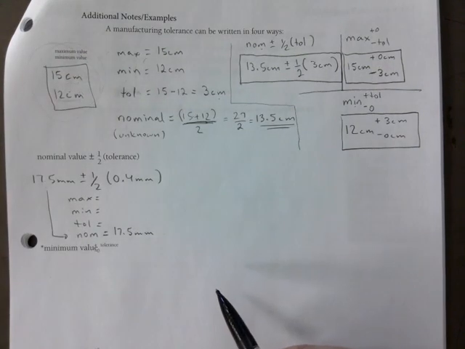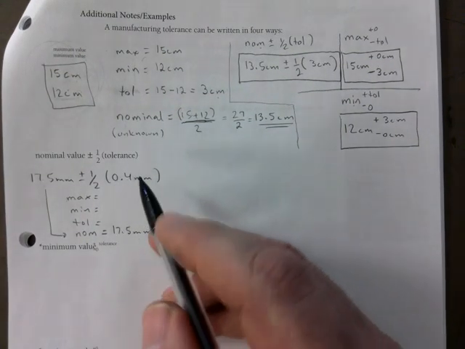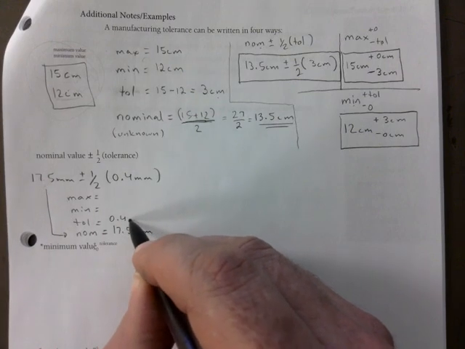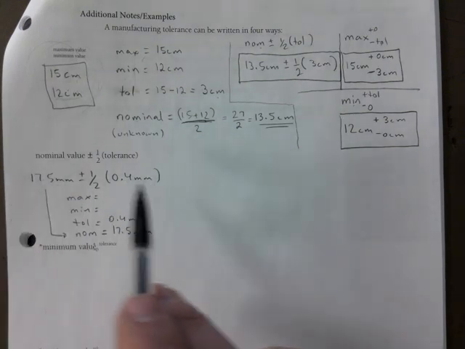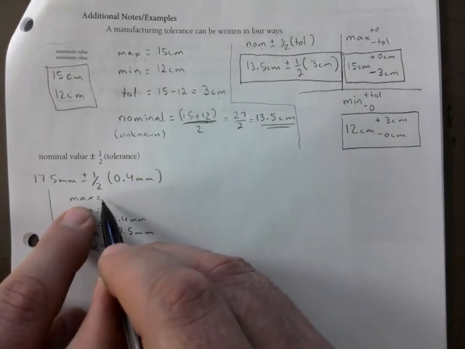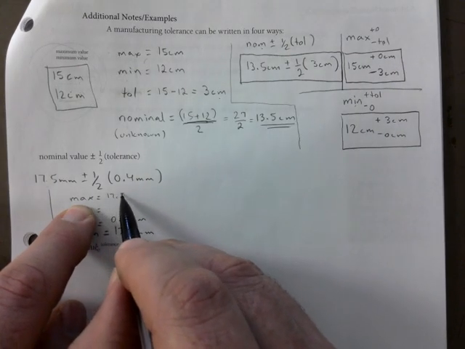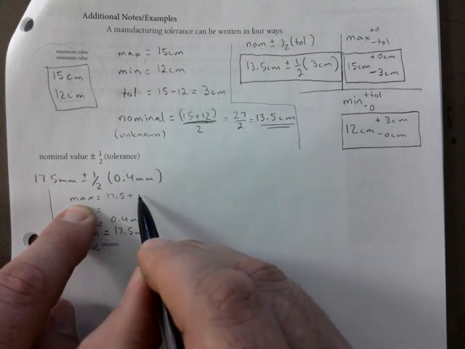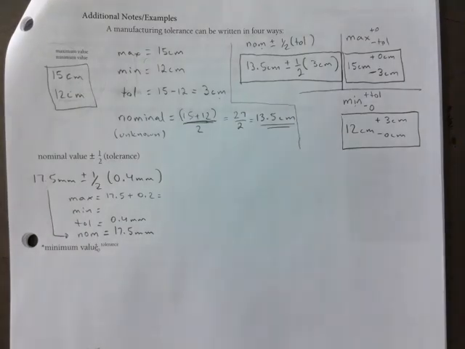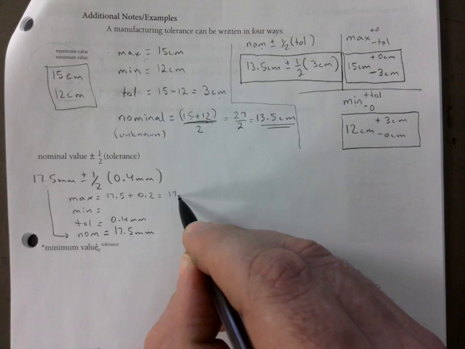Mark, you said tolerance, right? Yeah, that's the next one. Sure. And if you put that down first, by all means, go for it, because there is no order. Okay. And now you need to do a little bit of work for the other two. But this is telling you what you need to do. The max would be what? 17.5 plus, what's half of 0.4? 0.2. I did it on purpose, but sometimes you might have to use a calculator because those numbers might be a little challenging. That's 17.7